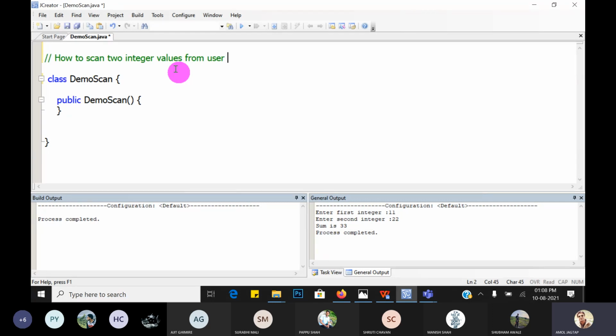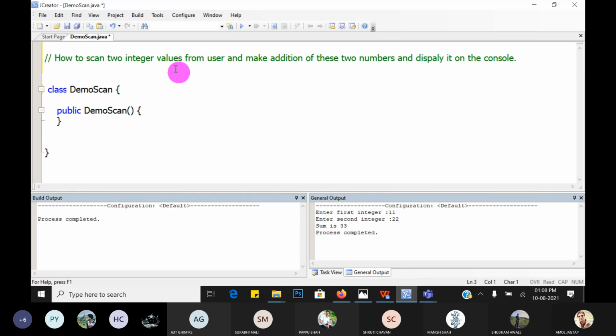So what is the problem statement? How to scan two integer values from the user, add these two numbers, and display it on the console.